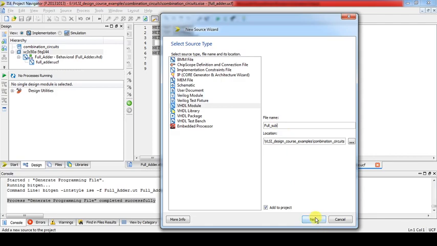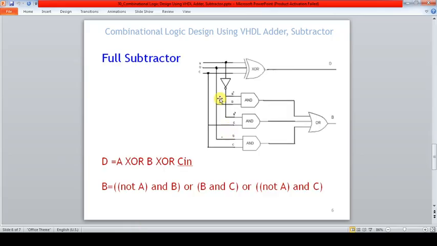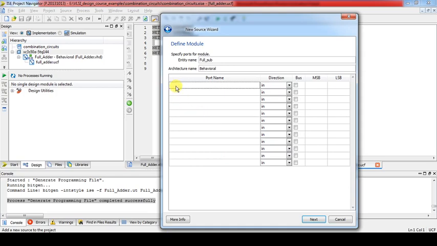Then next. For the full subtractor, what are the logical functionalities? We have inputs A, B, C in, and the outputs are difference and borrow. So I'll keep A comma B comma C in.